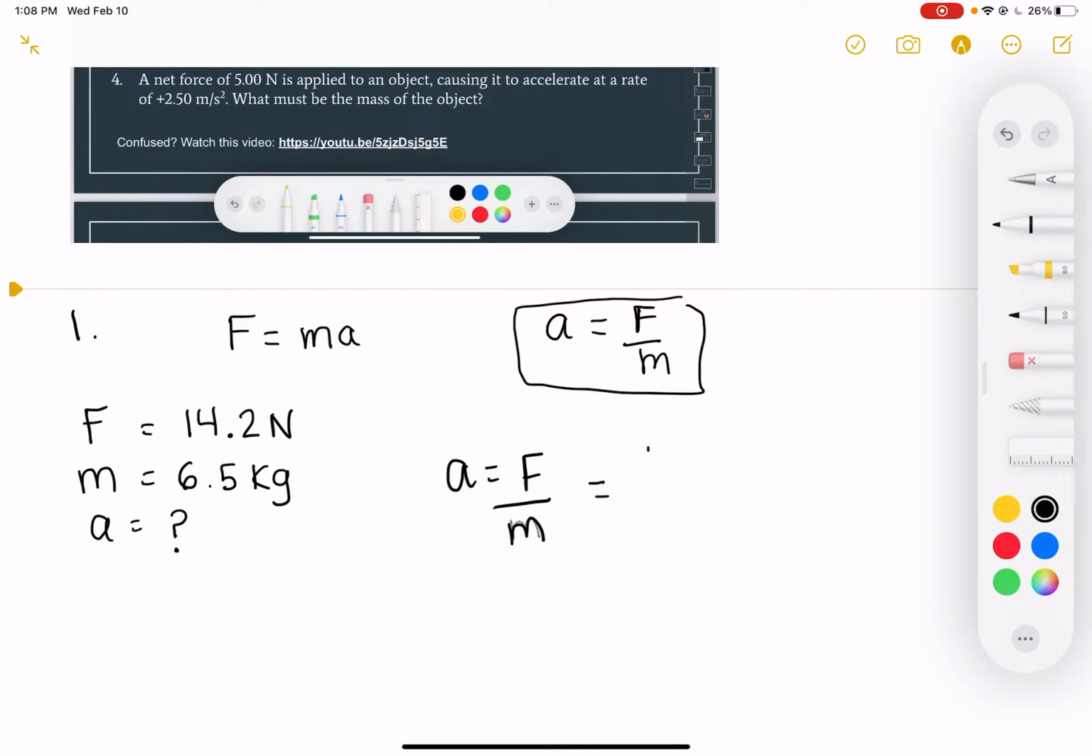So our force here is 14.2, and that's in newtons, divided by our mass, which is 6.5 kilograms. So if we put that into our calculator, 14.2 divided by 6.5, that'll give us 2.18462. And that is an acceleration, so that's in